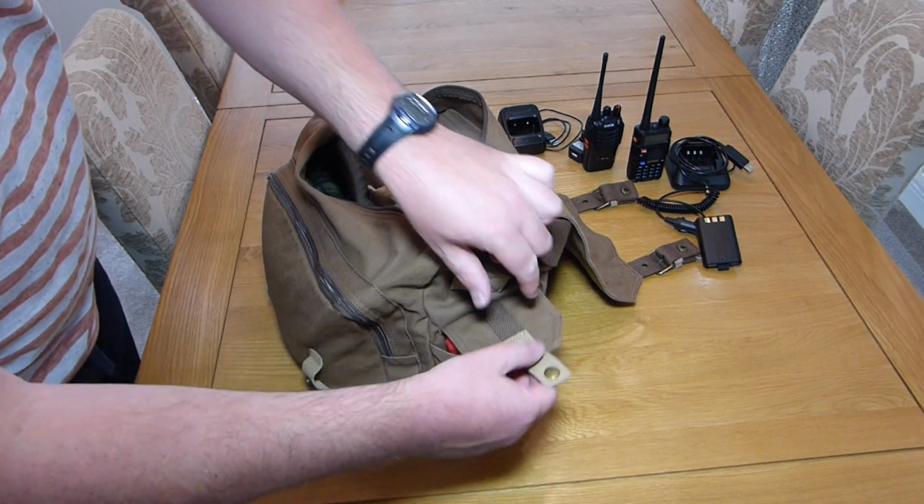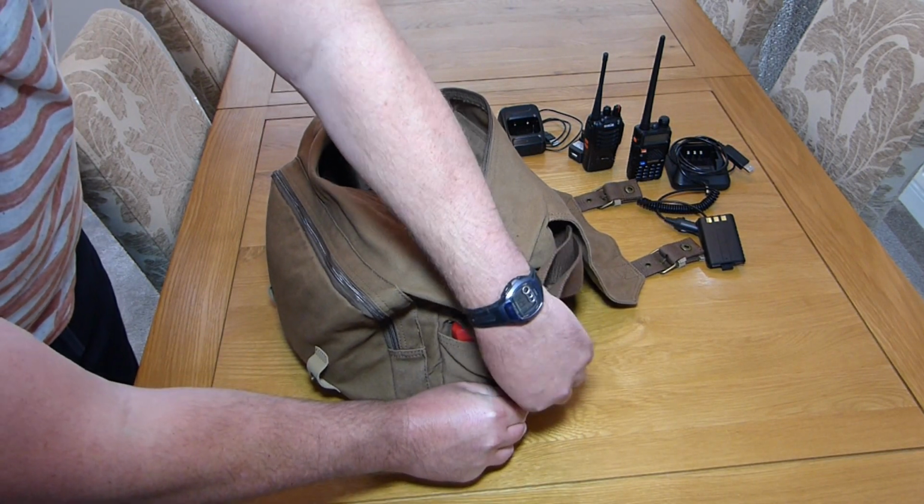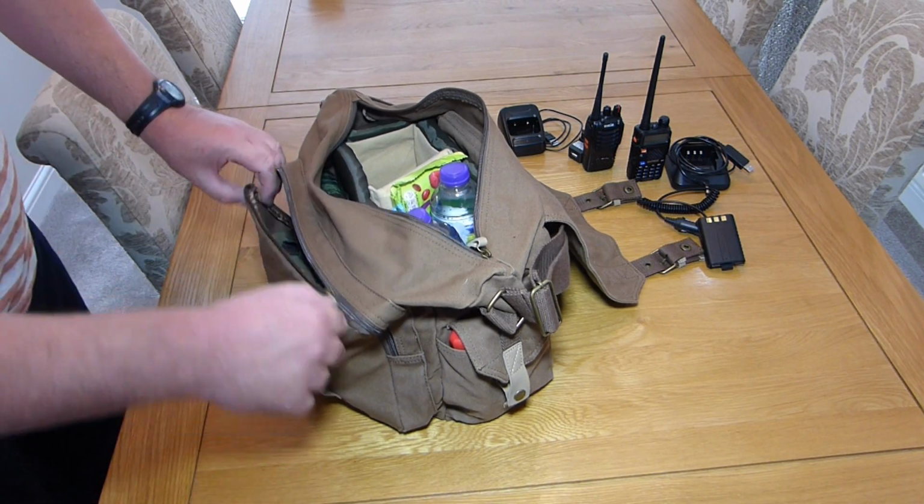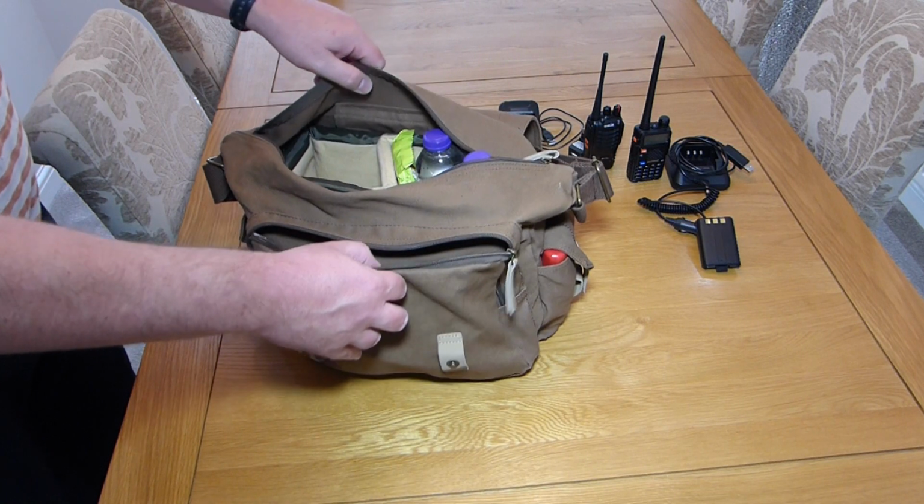So again, that's just a spare one, and it's something I keep in my car, and now it means we've got something in the main family car as well for those day outs. Moving to the front panel, the front compartment,